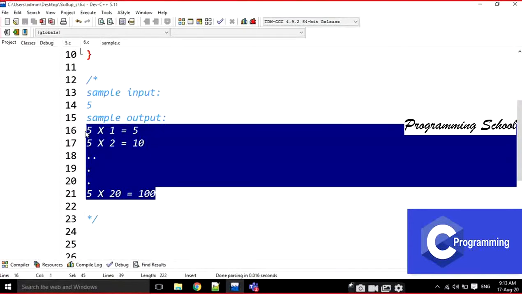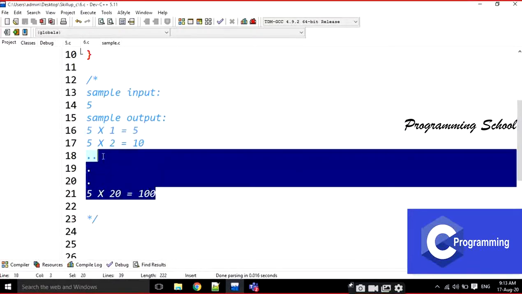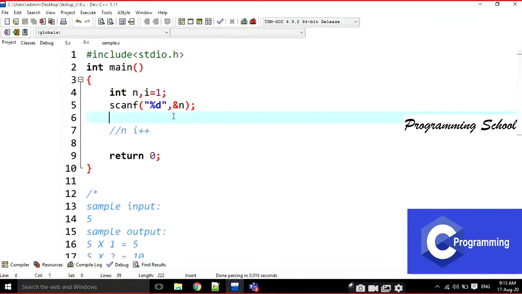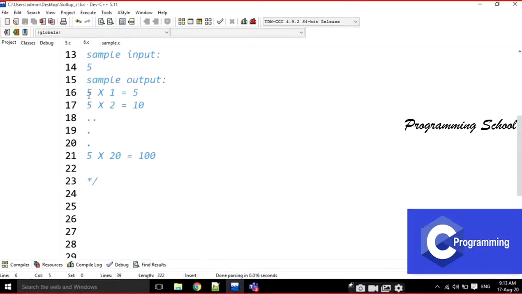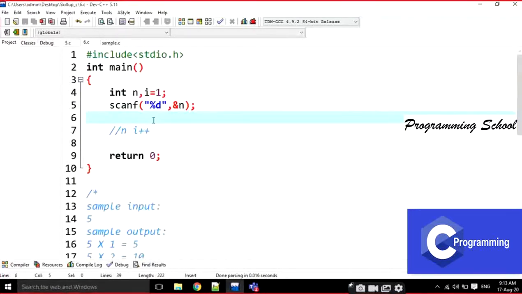I am going to do the same operation, but some value is going to change within a limit. I know exactly where I have to stop. Which control statement do I have to use here? Is it definite looping or indefinite looping? Anyone? Definite looping. What is the example for definite looping? For definite looping we use for. Definite looping means it is going to be for.